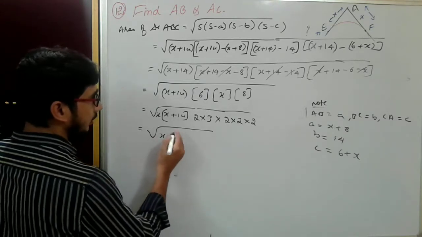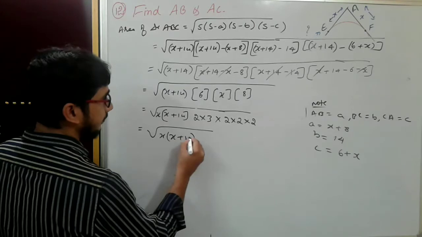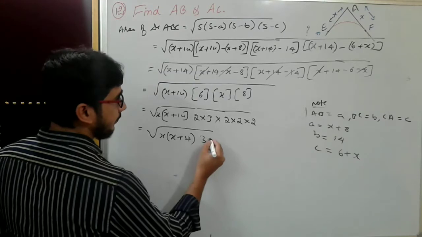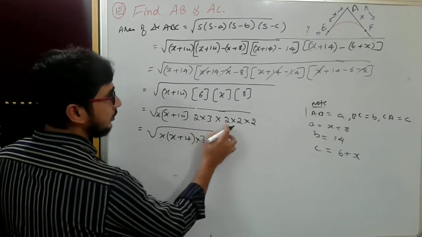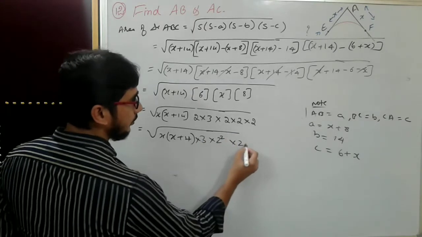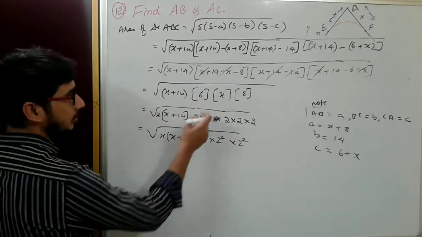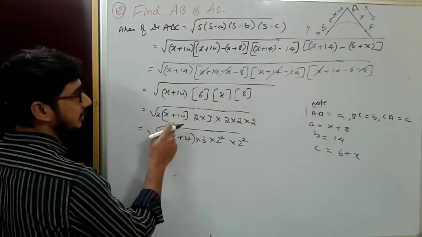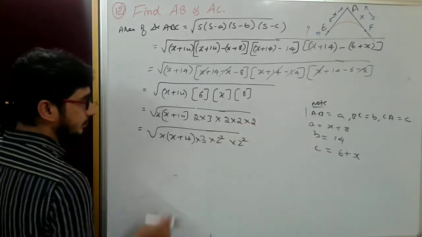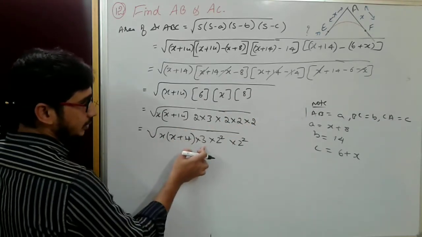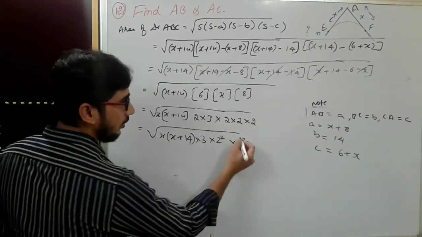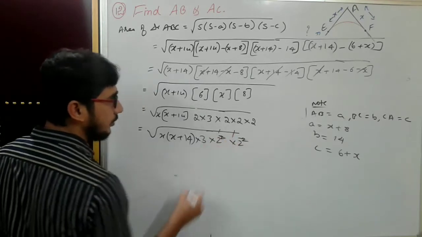So x as it is, x plus 14. Now 3 into 3 as it is, I'll write off. Again what will happen? This into 2 into 2, 2 square. Okay, again 2 into 2, 2 square. I repeat, this x I wrote here, this as it is. 2 3s are 6, 8 as 2 into 2 into 2. Same thing I copied, 3 I took next to this number. This number and this number together, 2 square. Now square and this root cancel.